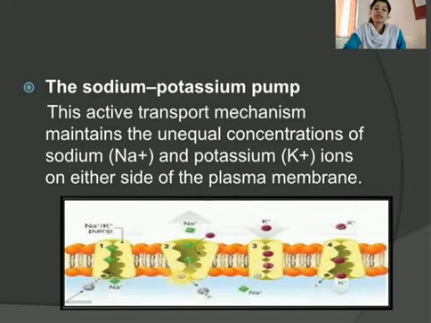Now this active transport mechanism maintains the unequal concentration of sodium and potassium ions on either side of the plasma membrane with the help of ATP as its energy source. Now potassium levels are higher inside the cell as compared to outside. Therefore it is a very important intracellular ion which is present inside the cell. And sodium concentrations are higher outside the cell as compared to inside the cell, and therefore